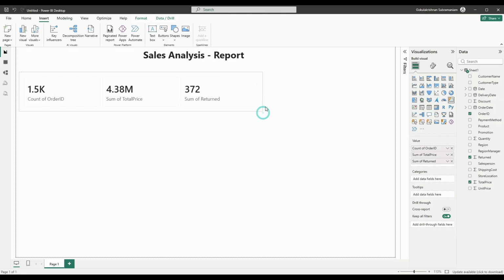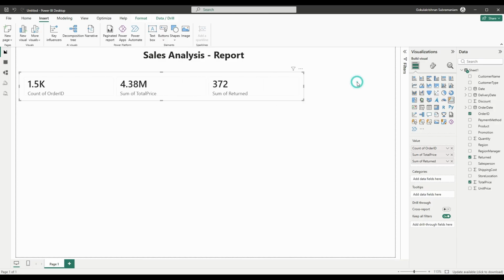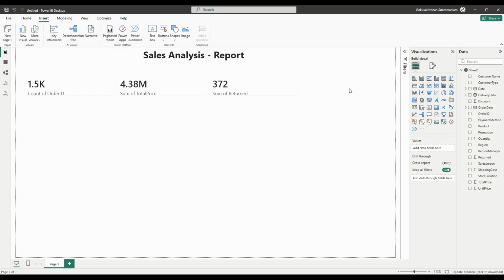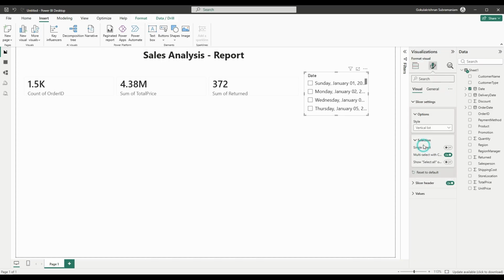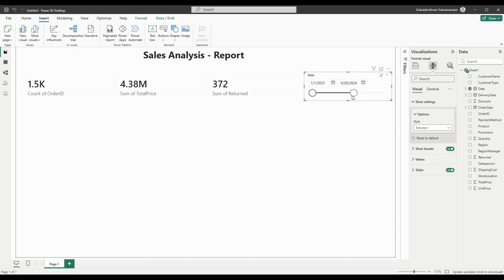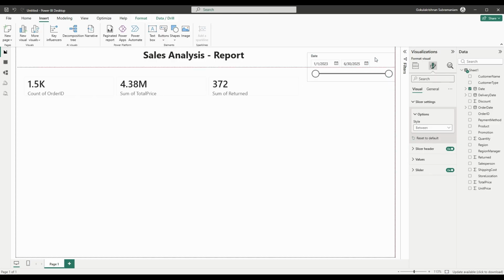The next will be, okay, this is fine, but still I want to see which time range this happened. So for that I'm going to add a date slicer and change this into between. You can hover anywhere to get your result accordingly, right? This is how the major KPIs can be added, right? The next